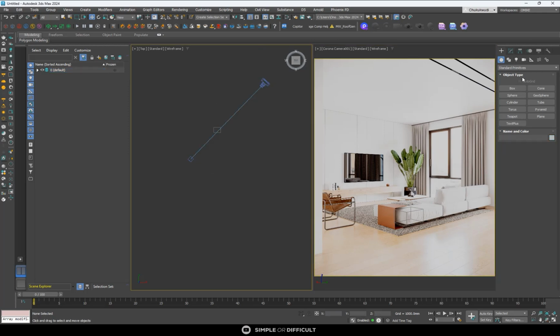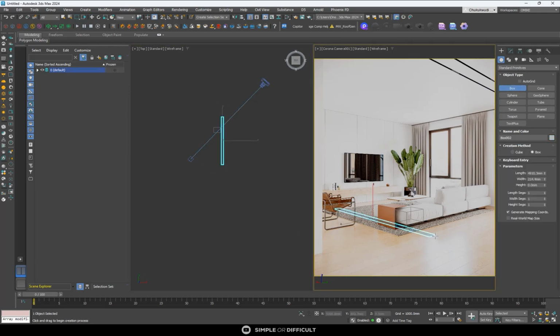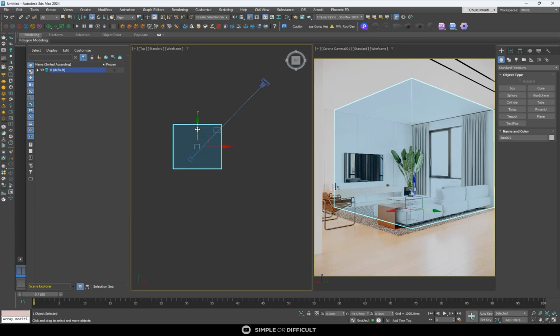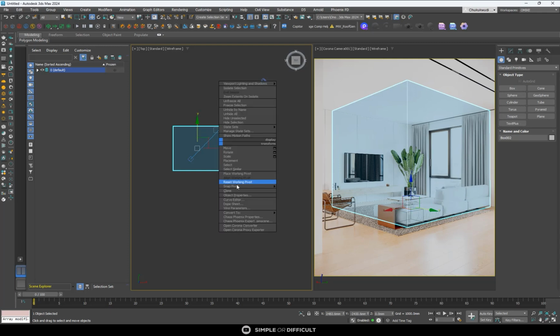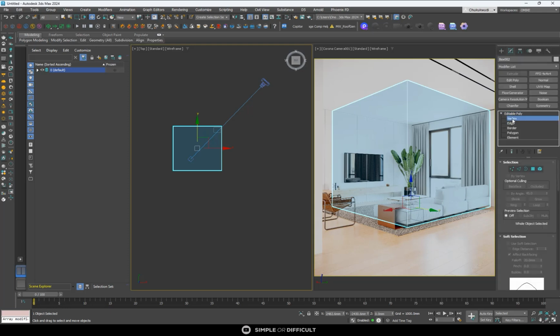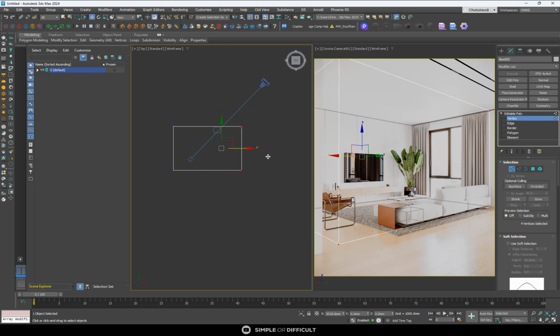Let me start with the creation of the box immediately and see what we're going to get. I think it's so much better now. So much better. So I'm going to change this thing to editable poly. Right, and I'm going to start moving things around. No, not this one. This. So when I get to this place,